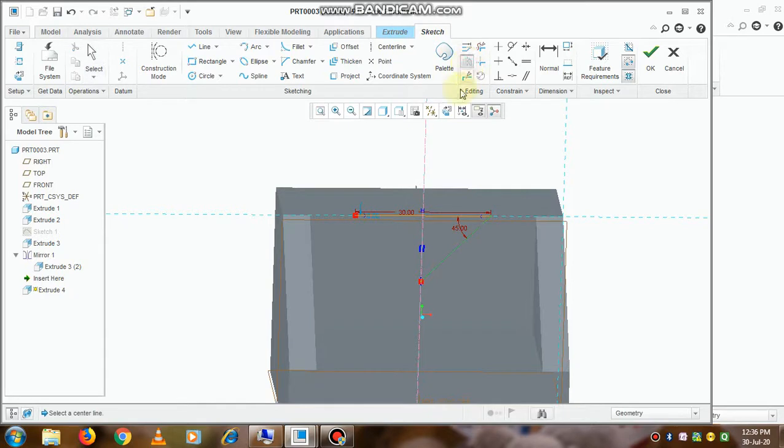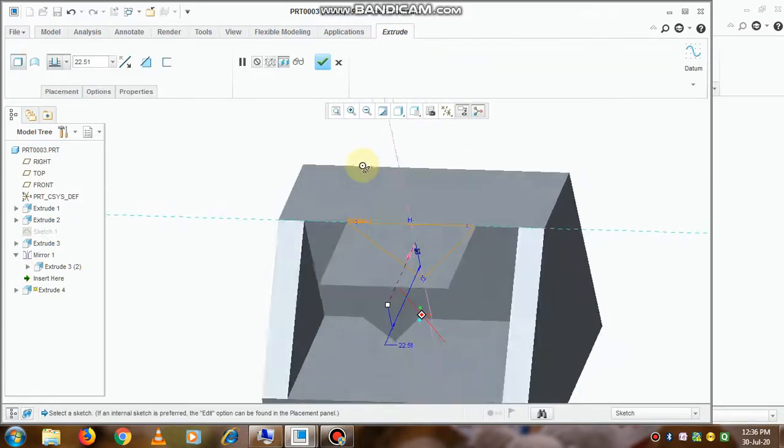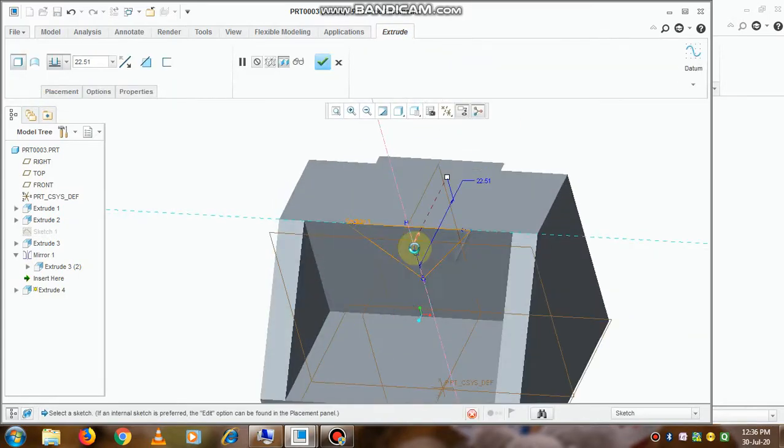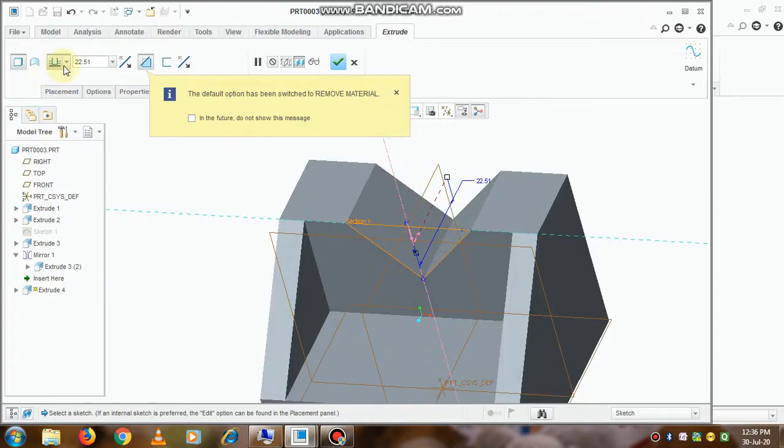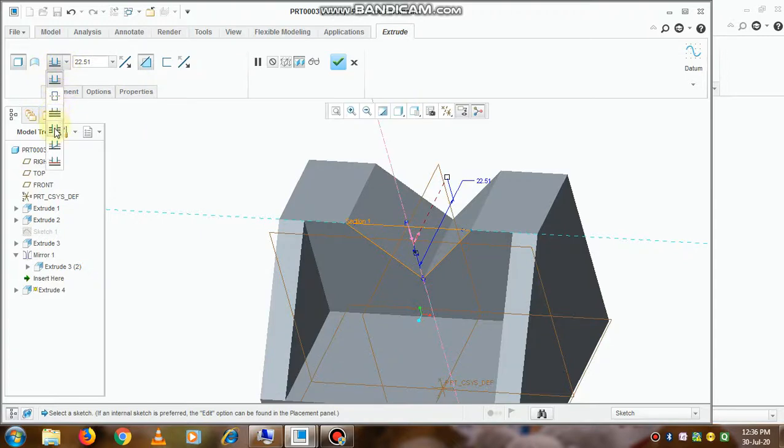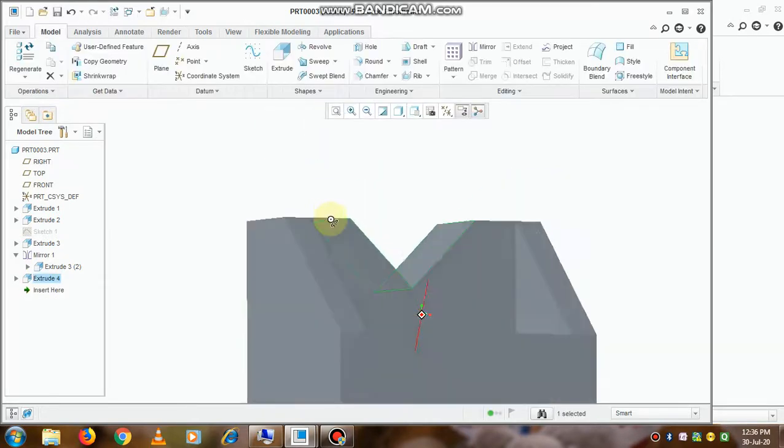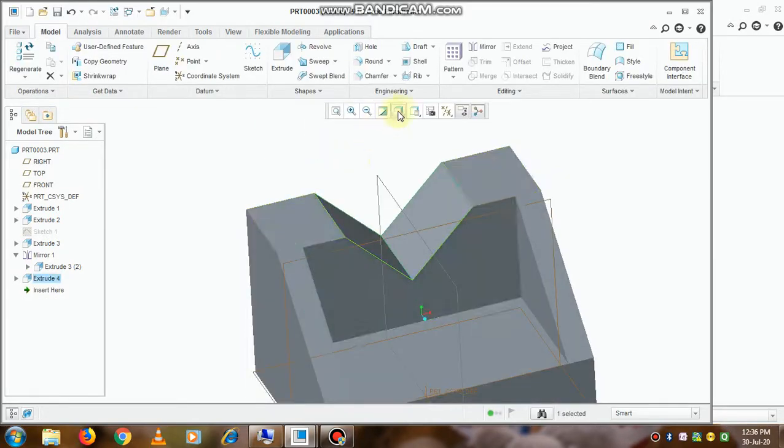So that axis we need to select first. Okay. So now the extrude command is done. So simply we need to remove the material. So if you click on this option, remove all the surfaces. So thus we have created it.